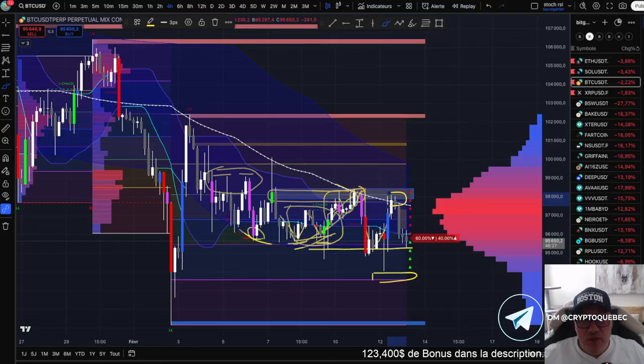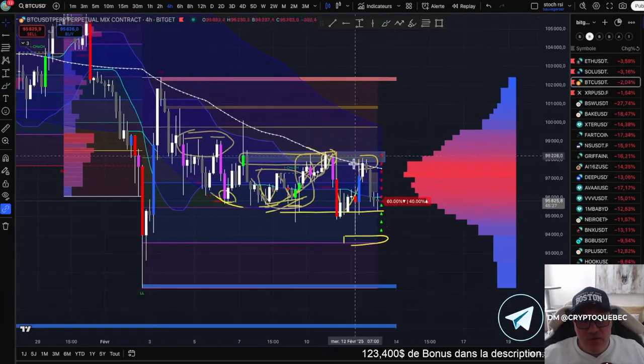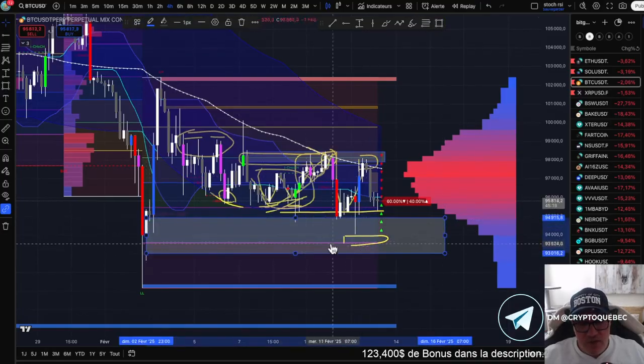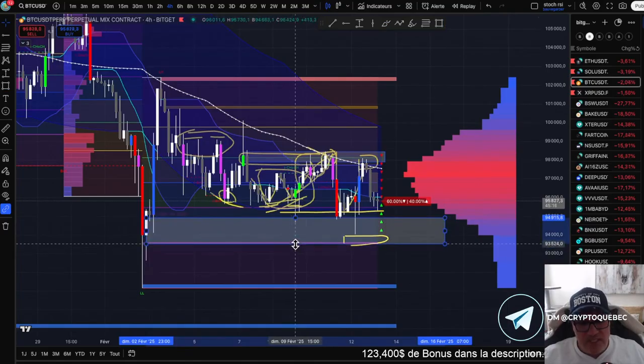Not necessarily every single time, but when we don't decisively breach this resistance level from below, when we fail to cross it from the downside, it inevitably guides us directly to the significant price point, the 94,000 mark. But obviously, at that precise moment,